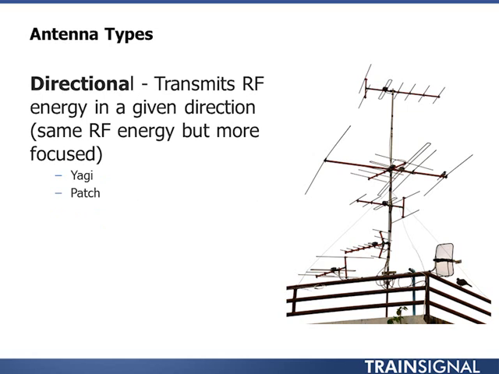Then you have a more directional antenna. If you look at the pictures here, you can see Yagi antennas. This is very much what you'd have if you had TV at home. I listen to the free radio TV stations, and so therefore I have a Yagi antenna. And I just point it at the various directions until I get the strongest signal, and then I pick up various radio stations. In the bottom right-hand corner of this picture, sitting next to the bird, is actually a semi-parabolic